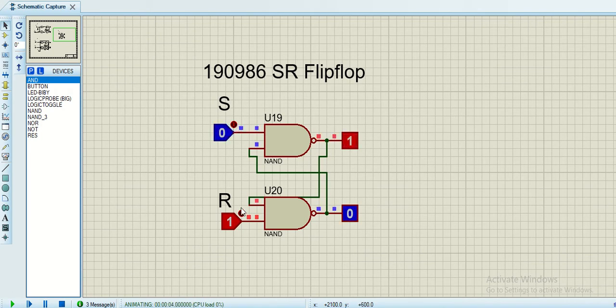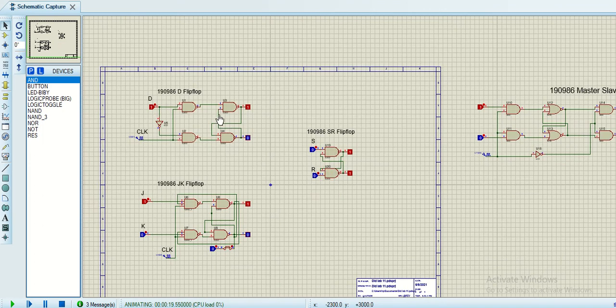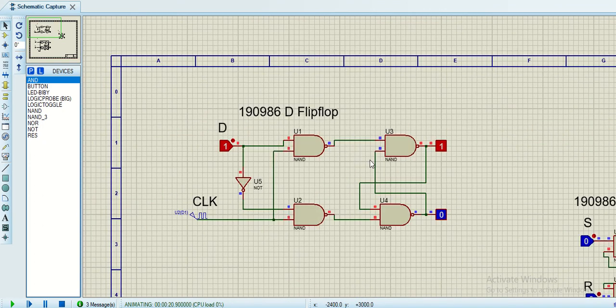So set, when you give input at the set, it sets the output to 1. Okay, and when you give the input at reset, it sets the output to 0. So basically they work in the opposite manner, but for both of them to be equal at the same time is an indeterminate form. For this we can remove this indeterminacy by using a D flip-flop, which is basically a